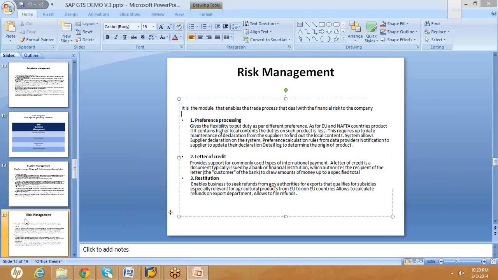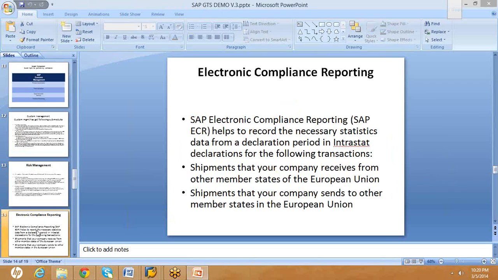And the final thing is electronic compliance reporting. Electronic compliance reporting helps to record all statistical data. It records all your export data. It records all your import data. So once the data is available in the system, you can create an intrastat declaration